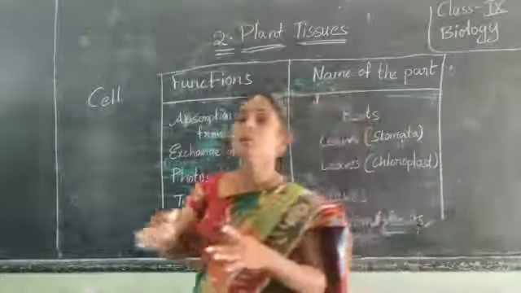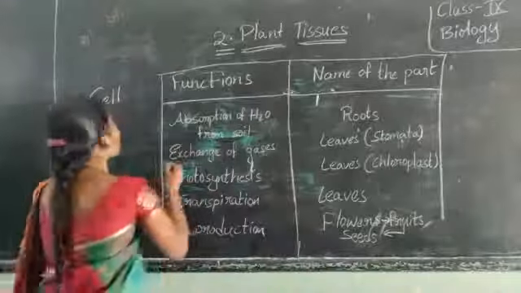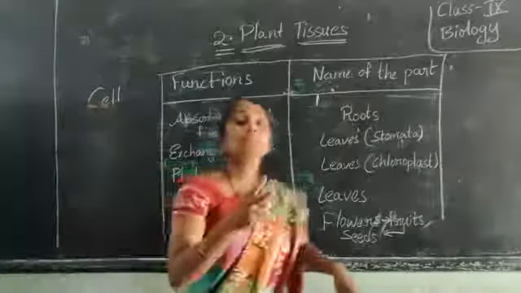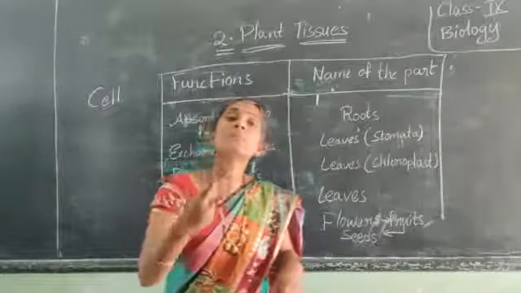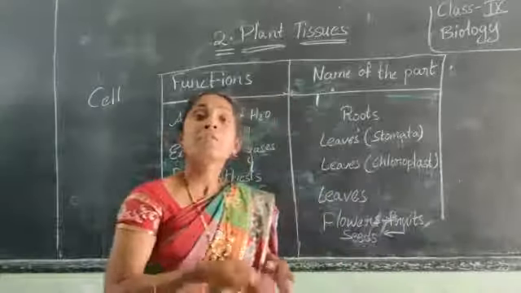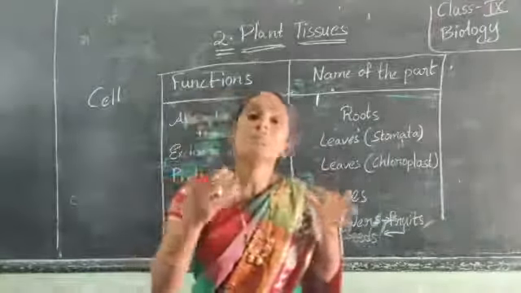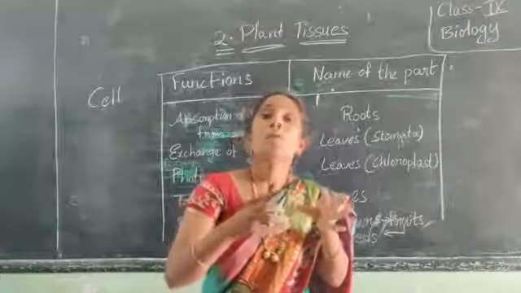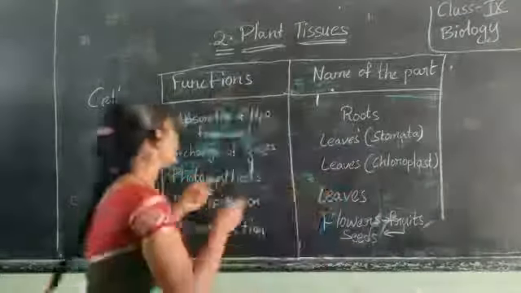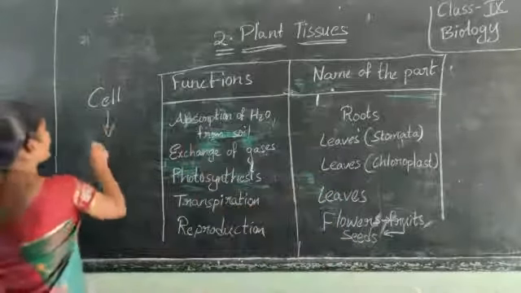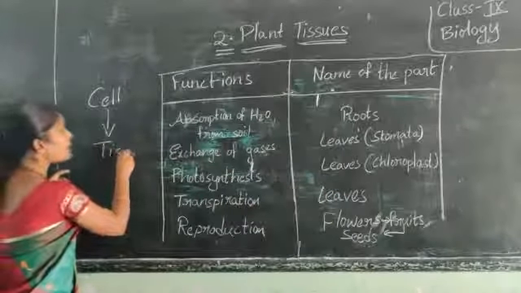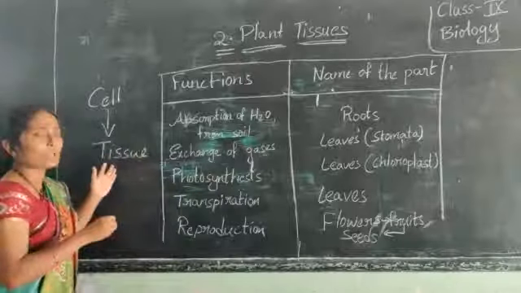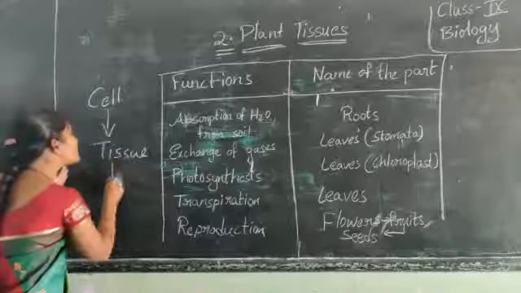So here, when the cell divides into 2 cells, then these 2 cells can divide into 4. Like that, one cell can divide into a group of cells. All these are grouped together to form a tissue. What is that? Tissue. So here also we have to see the group of cells only, and all these groups of cells are together to form